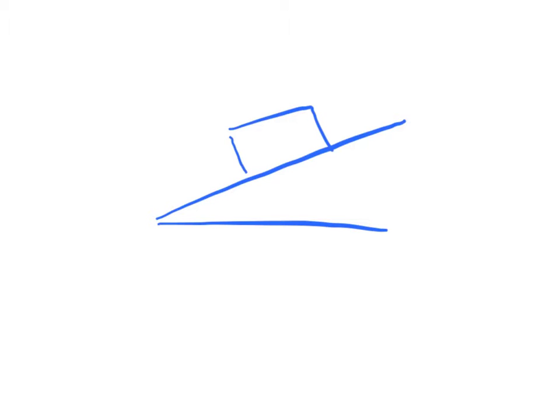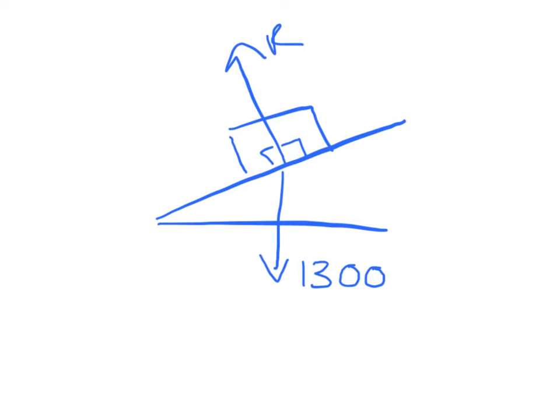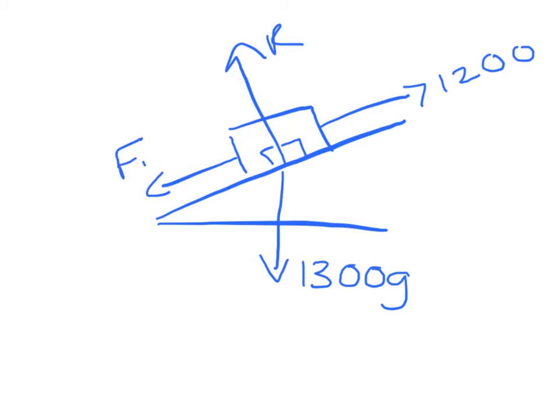We will have a reaction force, normal reaction, which is always perpendicular to the plane, the weight of the car acting down, which is its mass, 1300 kilograms multiplied by g for gravity, the traction force, pulling the car up the slope at 1200, and the resistance to motion, friction, acting against the direction of motion, so it's going down